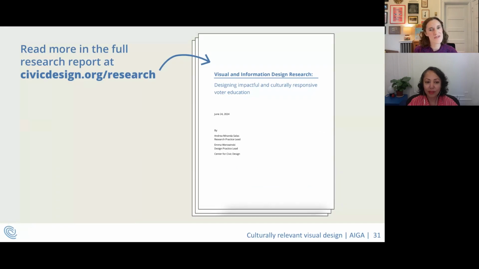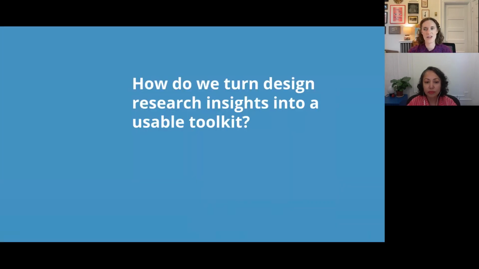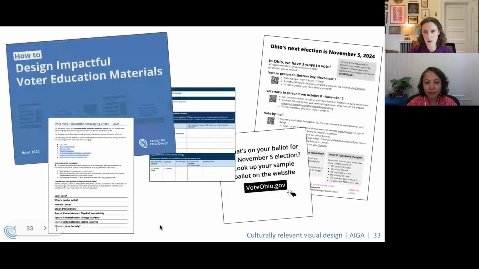You can read all of the insights and recommendations in our full research report on our website at civicdesign.org/research. And now I'm going to transition us into talking about how we turn all of those design research insights into toolkits, in this case for voter advocacy groups in Ohio to use to make materials for elections. So our goal with the toolkit that we built for them is to support community-based and voter advocacy groups to create engaging, accessible, and digestible voter education content,